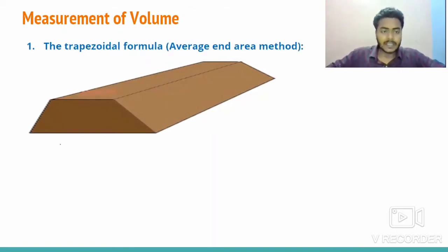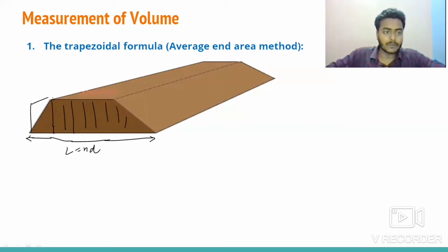In the previous lecture, we discussed how we can calculate cross section area. Suppose this total length of base is divided into a number of ordinates, like first one, second one, like this. That was the trapezoidal section. The first is named O0, then O1, O2, O3, O4, like this, up to the n-th ordinate, On.